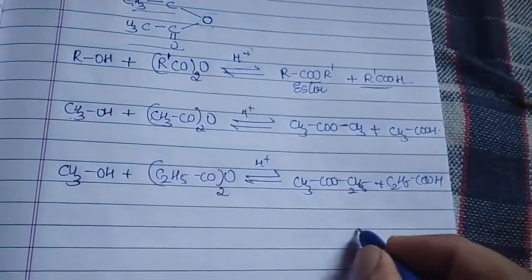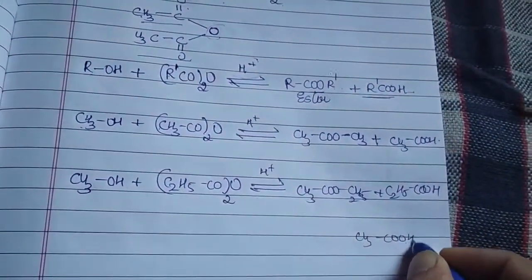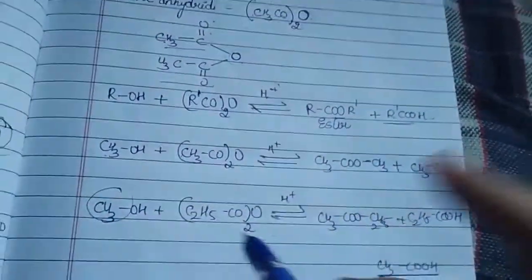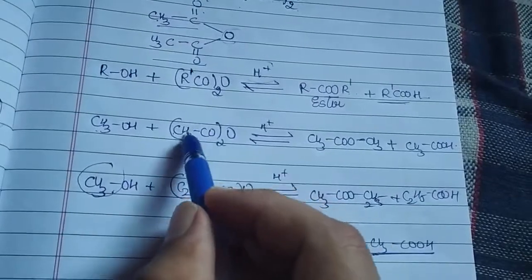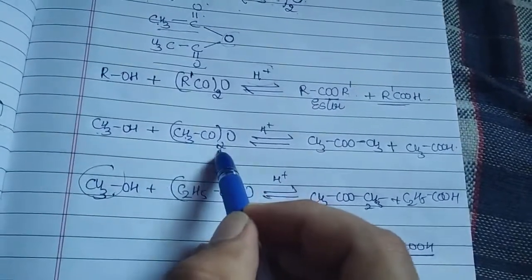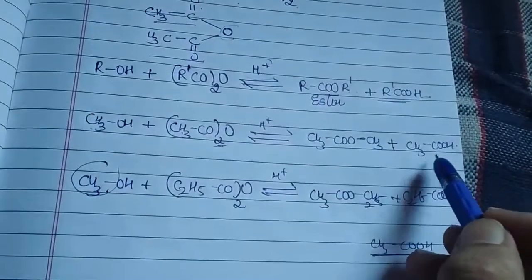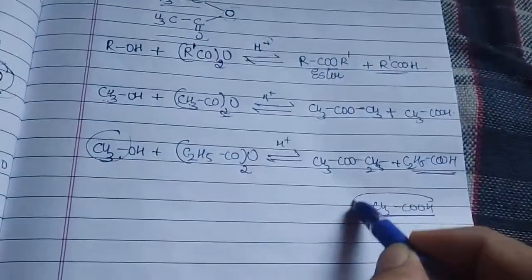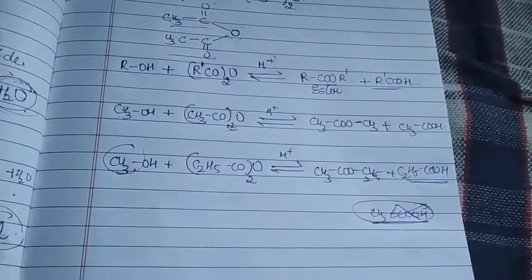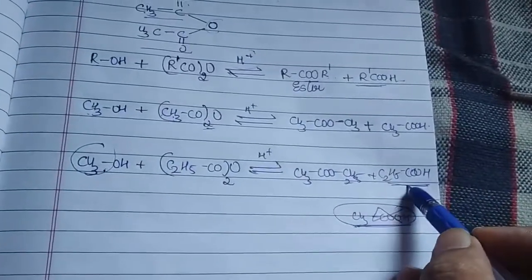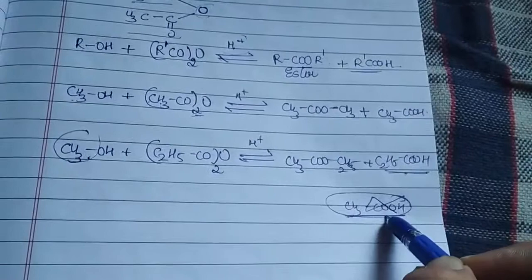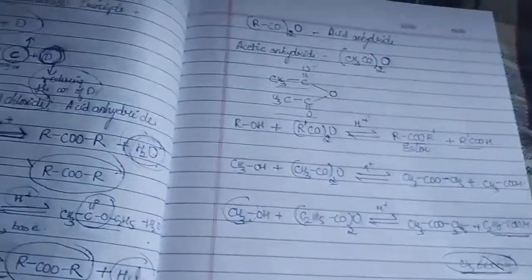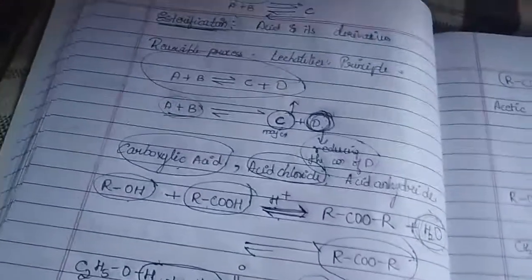What is that? We will be writing CH3COOH. It is not possible. Why? Because it is only one mole which is present. Only one part which is present. But here we can see that whatever the alkyl group is present here, two times they are present. So it has to come only to form your respective carboxylic acid, not the ethanoic acid. What it will be forming is a propanoic acid, not the ethanoic acid. Is that clear? Okay. So in today's video, till now we have seen an important reaction which is called as